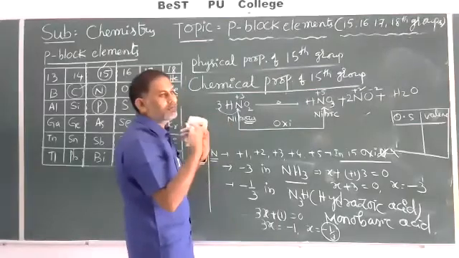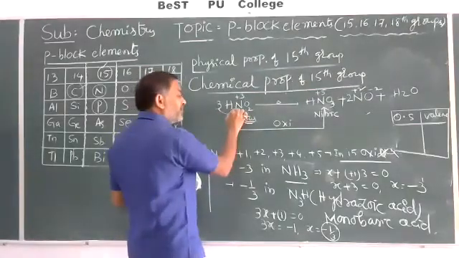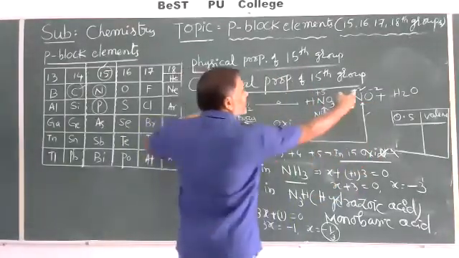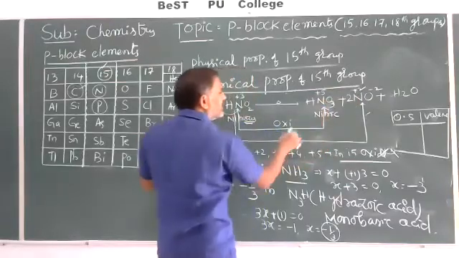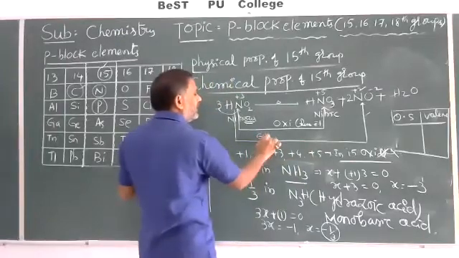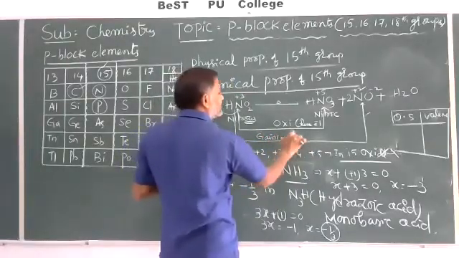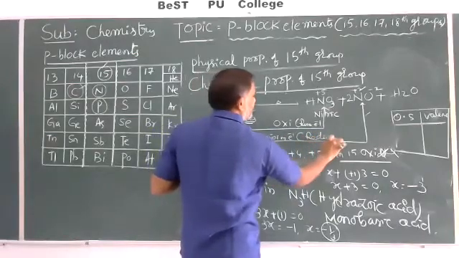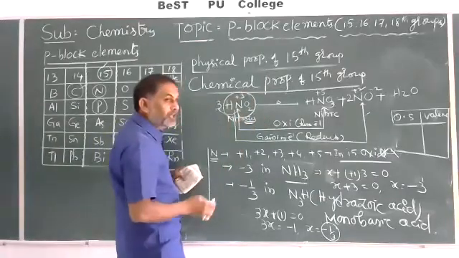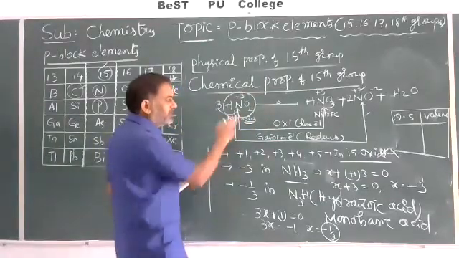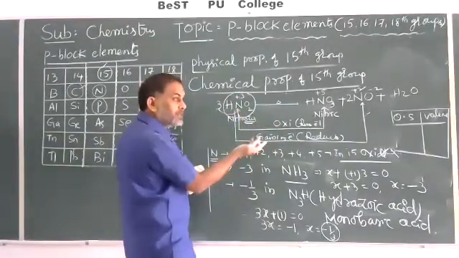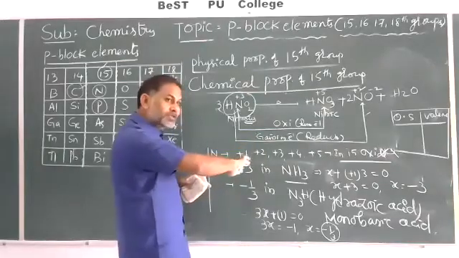After gaining, the same nitrogen here, plus 3 to plus 2, positive charge decreases. Here there is removal of electrons, but here gaining of electrons, that is a reduction reaction. Reduction. See here, this nitrous acid can disproportionate. Disproportionate means it can undergo both oxidation as well as reduction. Redox reactions are different, disproportionation reactions are different.